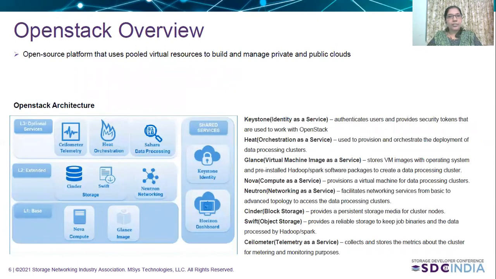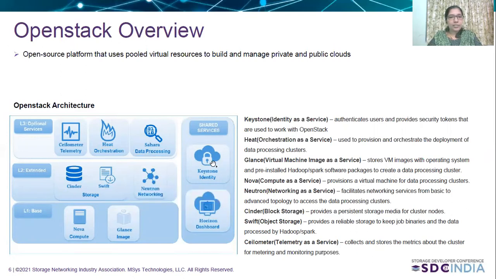Next we shall see the OpenStack overview. OpenStack is an open source platform that uses pooled virtual resources to build and manage private and public clouds. This is the OpenStack architecture where L1 and L2 services are mandatory. L1 services include Nova for compute, Glance for image, Cinder and Swift for block and object storage respectively, and Neutron for networking.